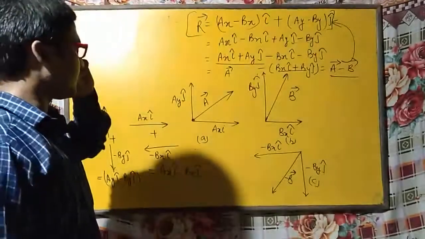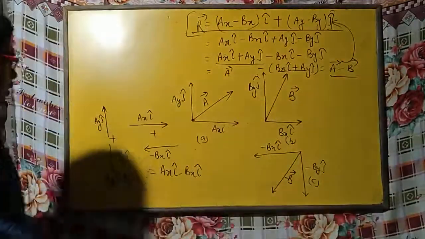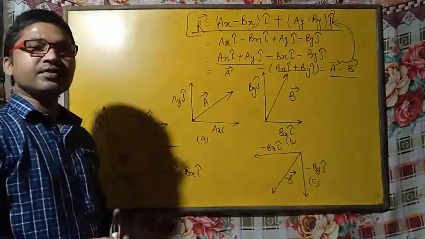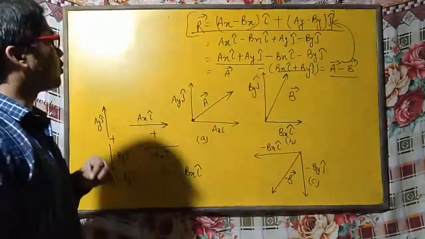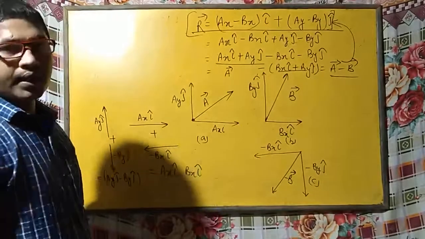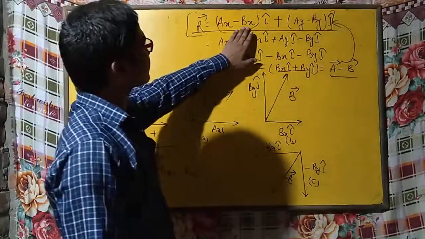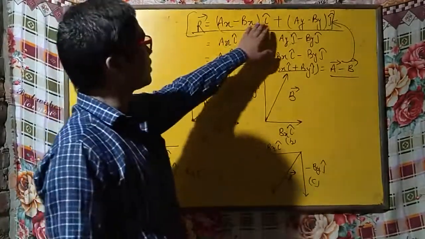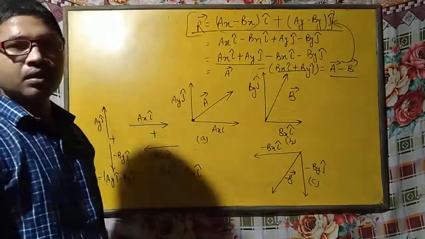Okay, so I hope you understand this concept. You can use this concept, right? So you should write down these things. If there is any confusion you can discuss in online classes which we are continuously taking at 11 am in the morning. So we will discuss your problem there. You can contact on the given contact number. But this is the formula, r is equal to (ax minus bx)i plus (ay minus by)j. Okay, so by using this result you can get the final result of the subtraction of two vectors in component form.